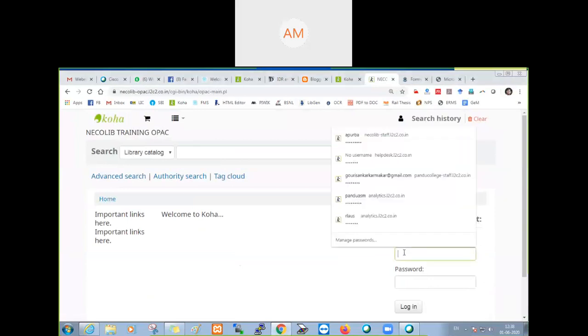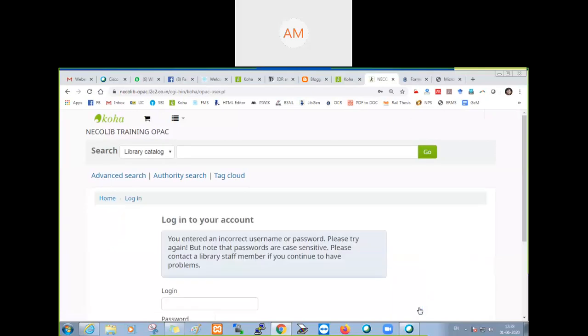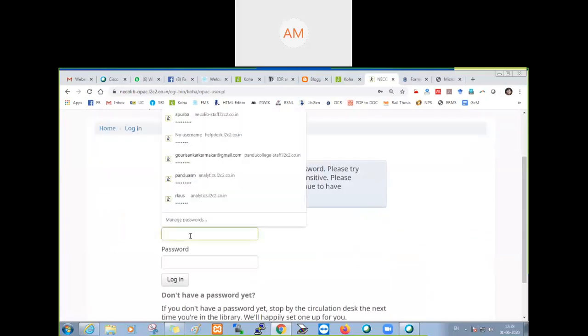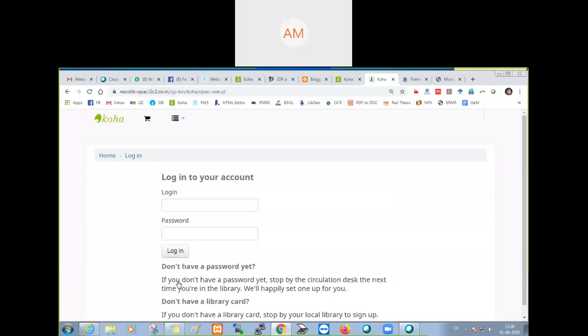The login is... forget the password. So I'll try PK sync.